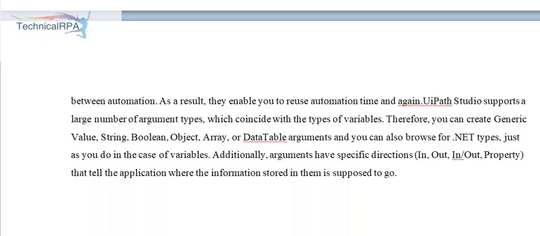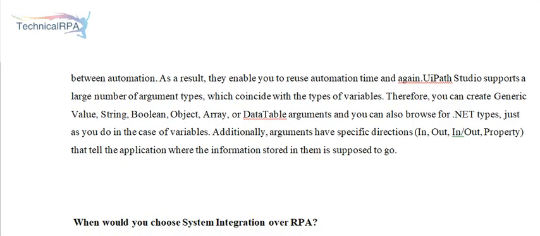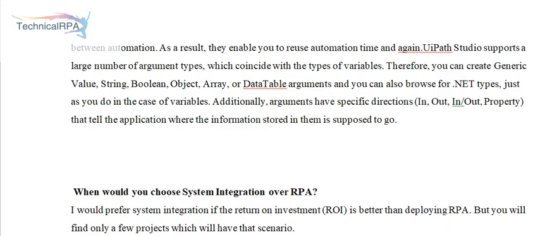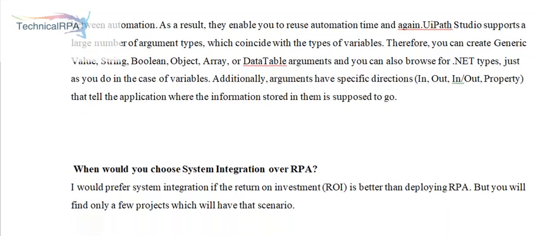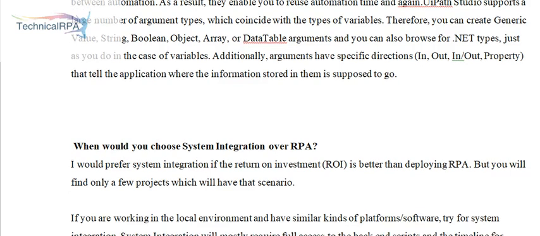UiPath Studio supports a large number of argument types, which coincide with the types of variables. Therefore, you can create generic value, string, boolean, object, array, or data table arguments, and you can also browse for .NET types, just as you do in the case of variables. Additionally, arguments have specific directions: in, out, in/out, and property, that tell the application where the information stored in them is supposed